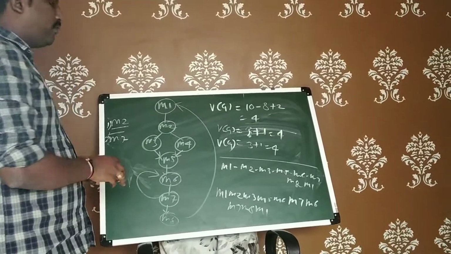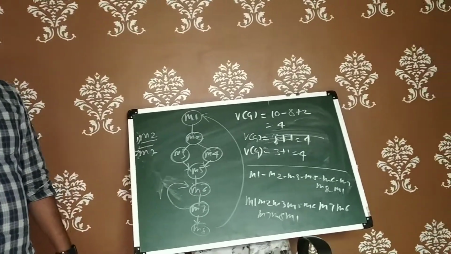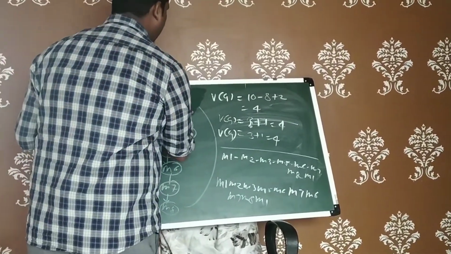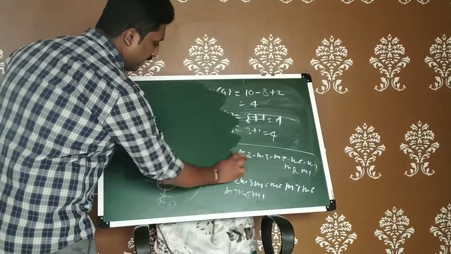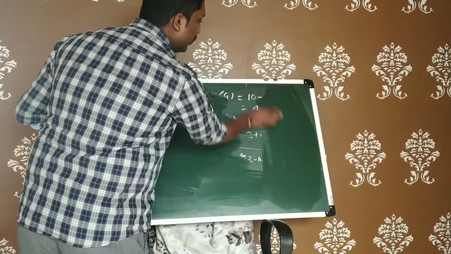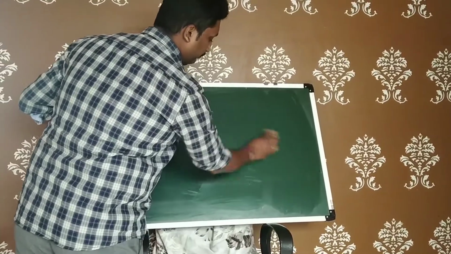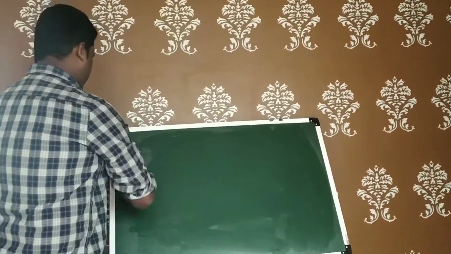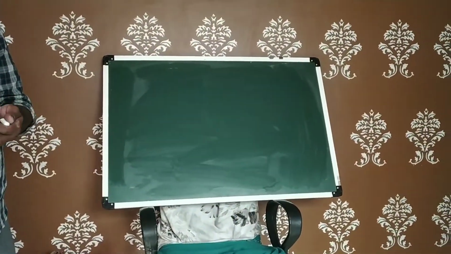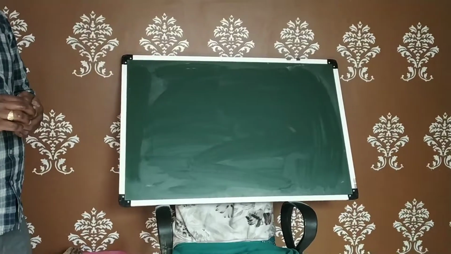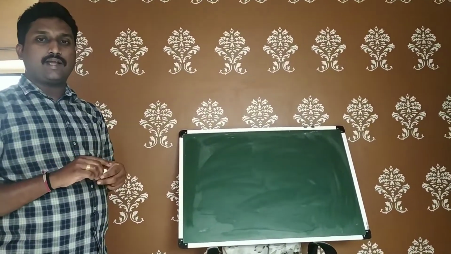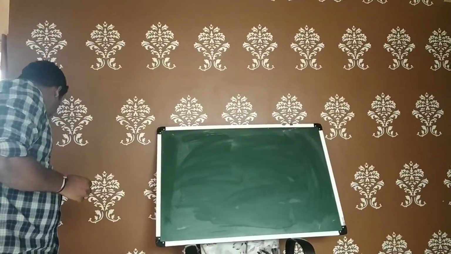There is another way the question might be asked in the examination. That is, instead of providing a control flow graph, they will be giving you a program, and first we need to create a control flow graph, and then it will be very easy for anybody to calculate the cyclomatic complexity. Let us see such an example.